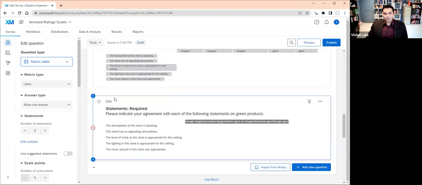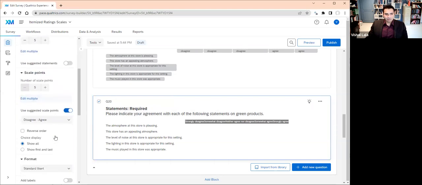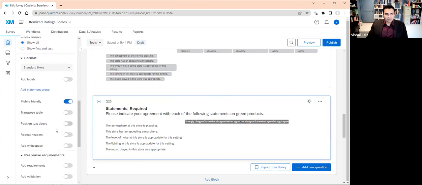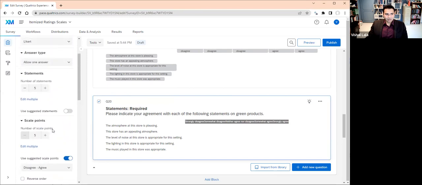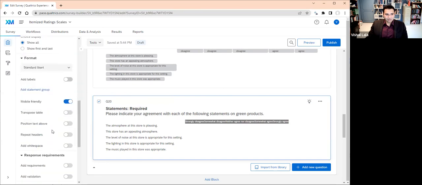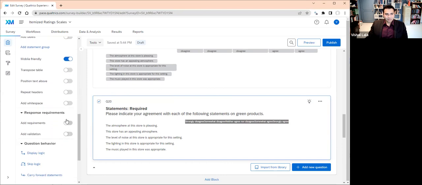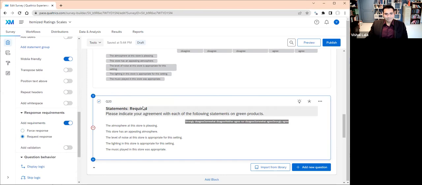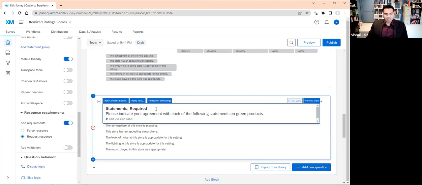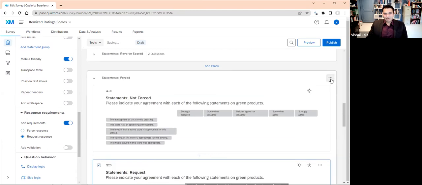So with this question check, I'm going to hunt on the left for the option to make this required or forced. Here we are. Add requirements, request response. Let's say request, not required. Okay. So here's the difference. Now, if I were to preview this block,